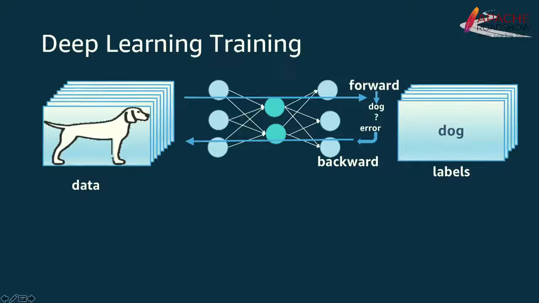Hopefully, you're convinced that deep learning is a big deal. Let's see how it works. It has two phases. One is training, where you develop a model and feed lots of data, and then at the end, you check if it met your output objective. If not, we send the error back.